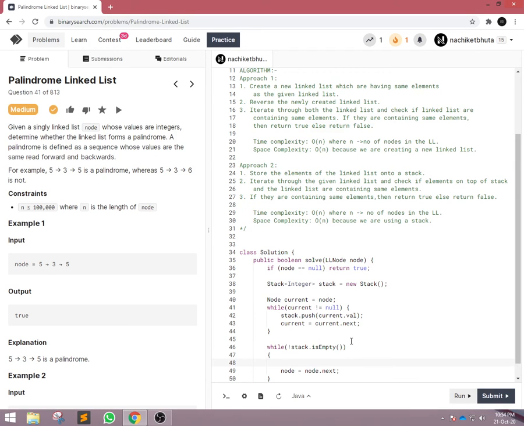I will pop the top of the stack using the pop method, and I will now check if top is node.val.